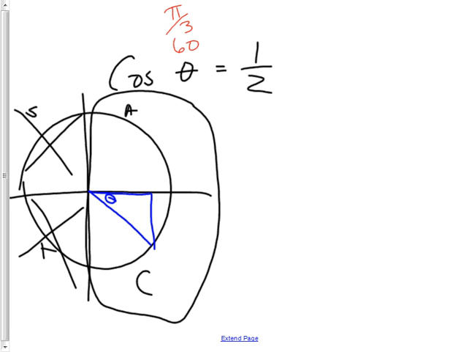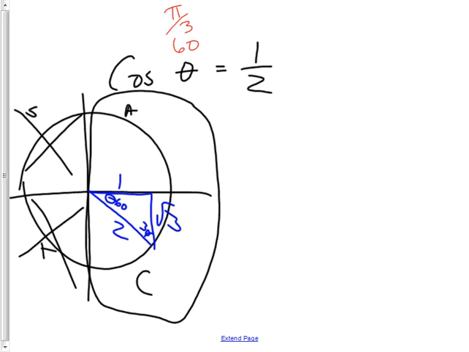I've got to know the cosine, the adjacent over the hypotenuse are 1 and 2. And then the other side must be root 3. And then I know that the one that's across from the 1 is this angle. That's the 30 is across from the 1. And it can be confusing because the way I drew it, it doesn't really look like that's 30 degrees. But if that's 30, this must be 60,